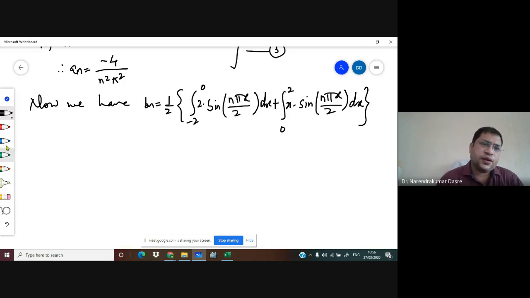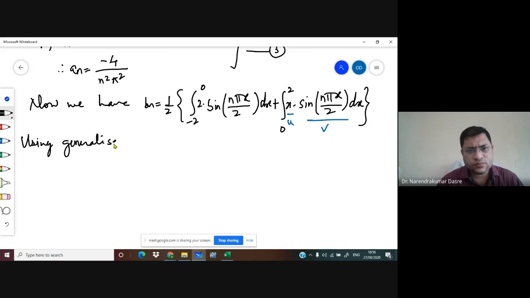Okay. Now again, this integral is easy to integrate. So here we have u into v, so we have to use the u into v rule for this. And now we use the generalized integration by parts. So we get